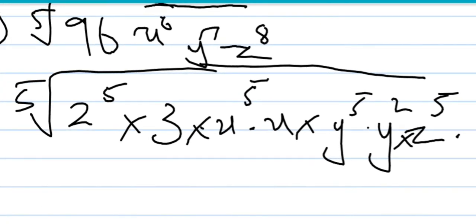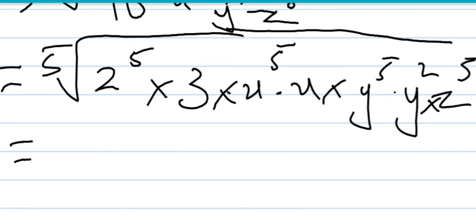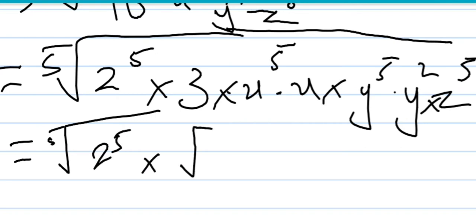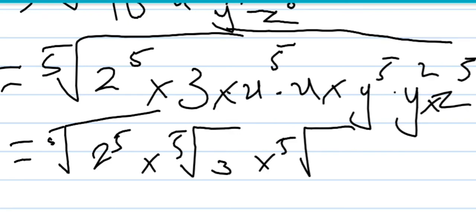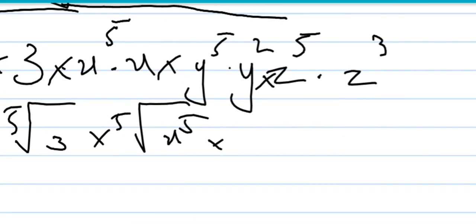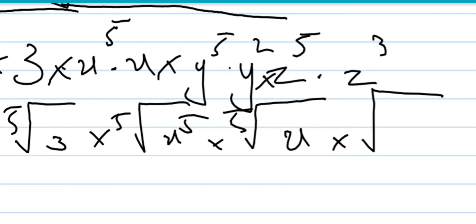It's just common. We will write it separately. 2 power 5 multiply 5 3 multiply x⁵ x and x⁵